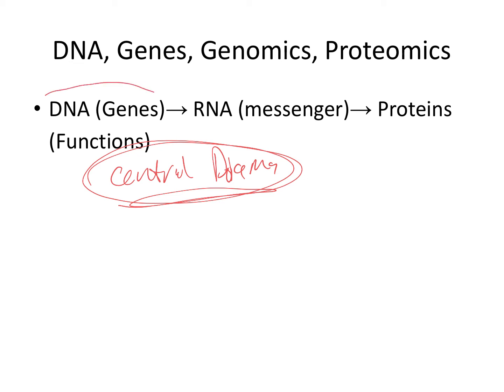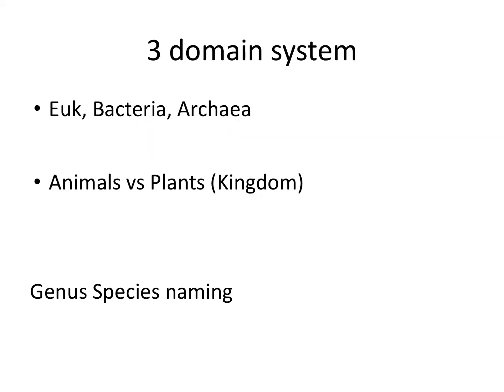So we have genes, we have DNA, and those genes are housed in our nucleus. They generally send out a messenger, that is the messenger RNA. So they send out a small piece of the DNA. It gets copied, and that's what the RNA does. It copies the DNA and sends that message out, and then that makes a protein. And the proteins are the functions. Those are the things that happen in our body. So central dogma, really important.